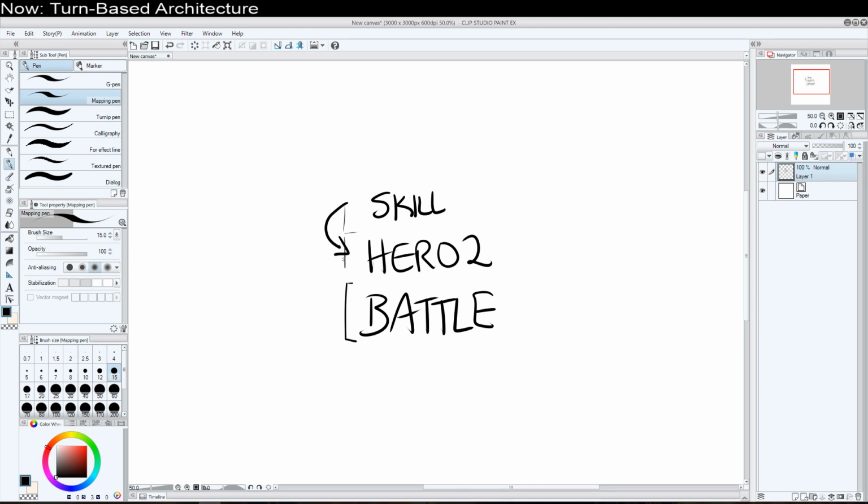And the hero controller might go, okay, well, can you choose a target? So this would go away, and the hero controller would create a targeting system. Then, of course, that would go away when you choose a target, and we return back to the battle sequence. The battle sequence would go, okay, we're done with the heroes, let's go ahead and start up